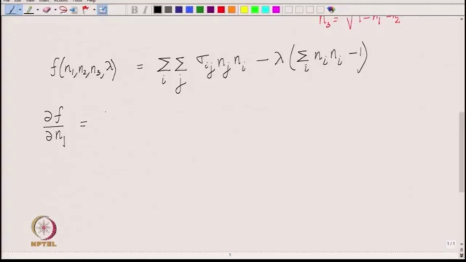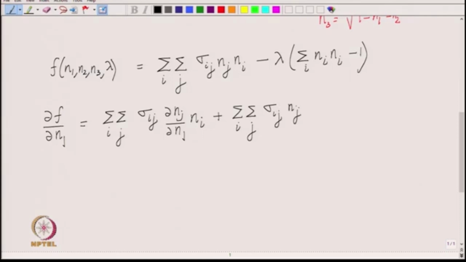So, we have summation over i j sigma i j and then del n j by del n 1, times n i, plus again the same term, because we have to apply the product rule here, sigma i j n j times del n i over del n 1, okay, minus